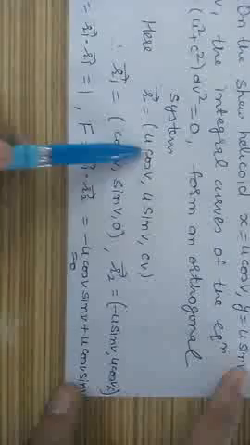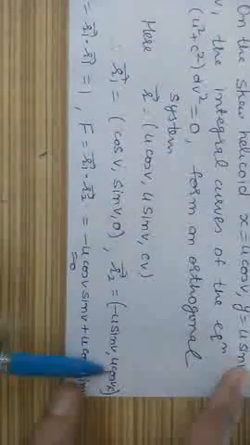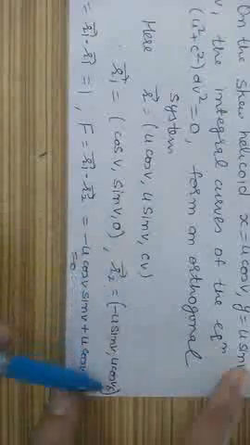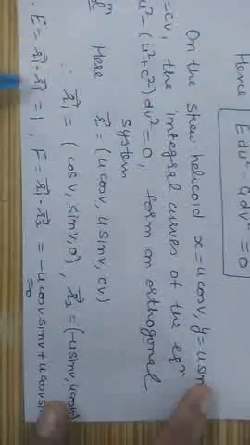If we differentiate with respect to v partially, derivative of cos v is minus sin v, derivative of sin v is cos v, and derivative of cv is c. Now by definition, E is given by r1 dot r1. So taking the dot product of this vector with itself, that will be cos square v plus sin square v, which is 1, r1 dot r2, which is 0, and now we find G.